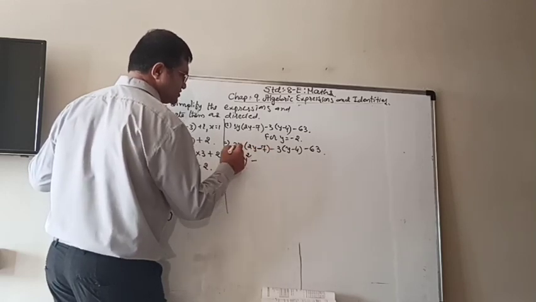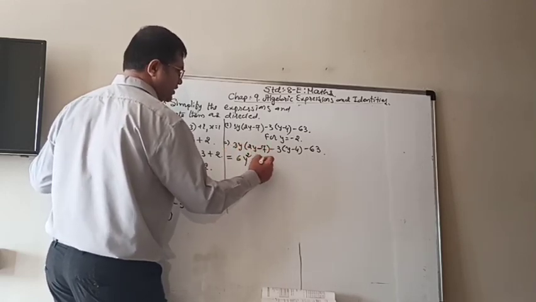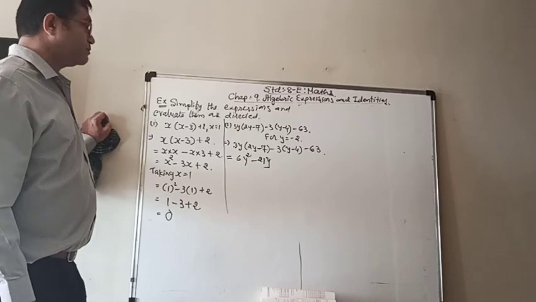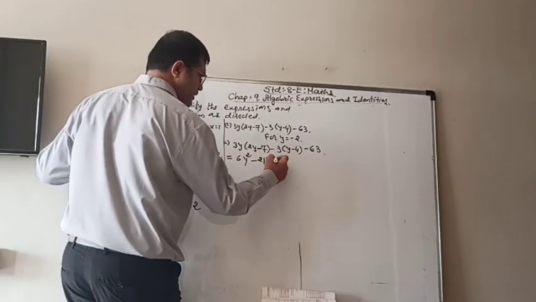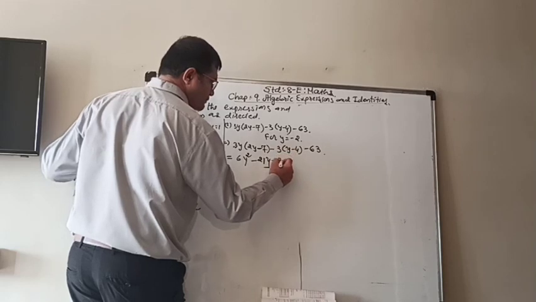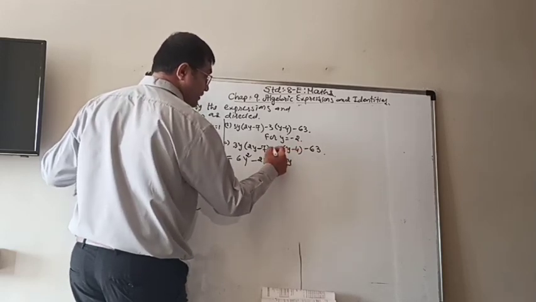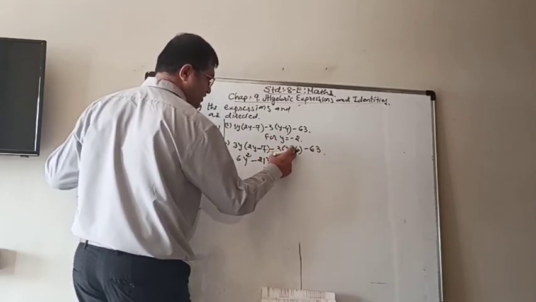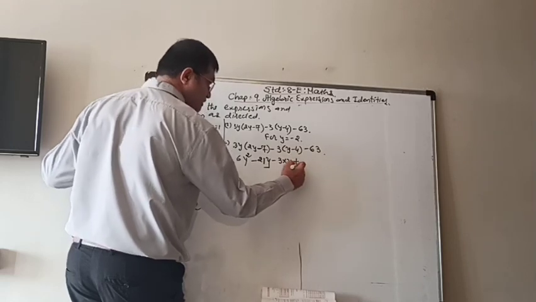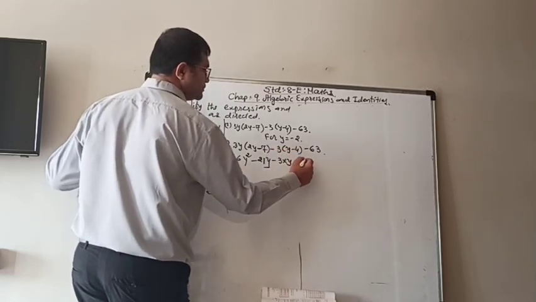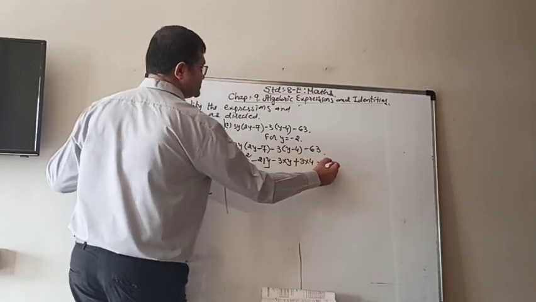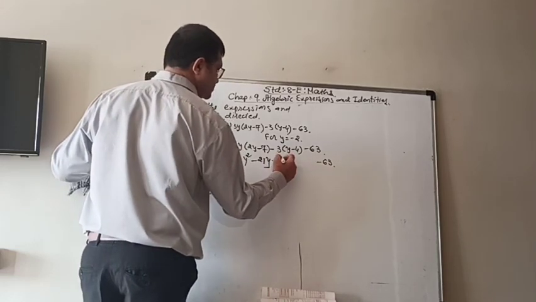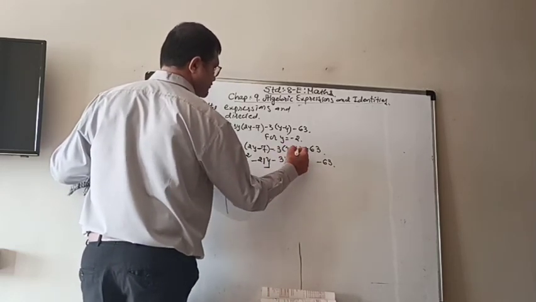The middle sign will be minus. Now 3y will be multiplied with 7. So 3 7s are 21, here is y but nothing here, so 6y square minus 21y. Now this side. Minus 3 into y means 3 multiplied by y. But here, whenever there is a minus sign before the bracket and you open the bracket, the sign will be changed. Means here it will be plus 3 into 4, and then minus 63. Or you have to write down directly, as I told you, minus 3y plus 3 4s are 12.